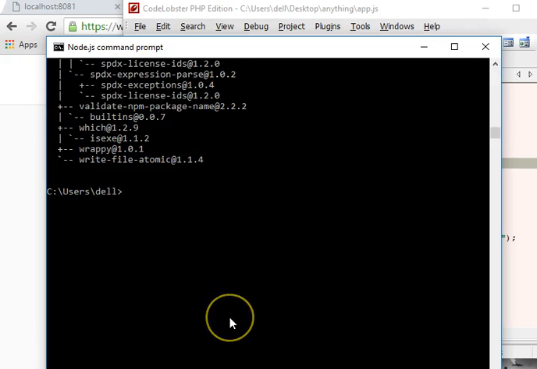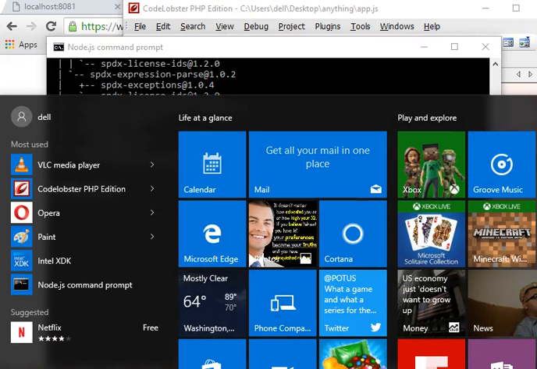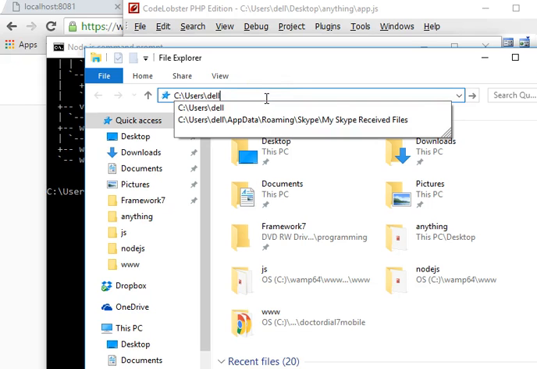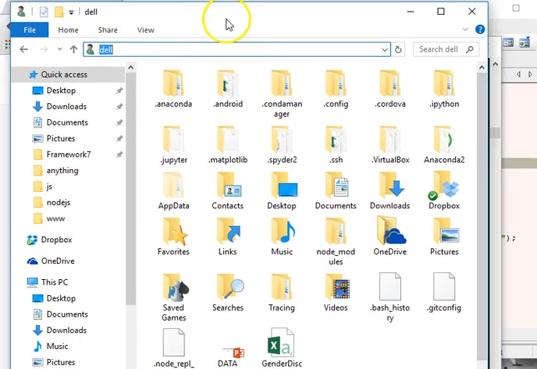The next thing I'll show you is something very important and interesting that you have to know. Every Node.js package or module has a file called package.json, and it contains details about the Node module. For the Express we just installed, we have to trace it. It's in this folder on our system. We copy this with Ctrl C, go to our file explorer, open any random folder, paste it here and hit enter. Otherwise, you can just type it out manually. We are in this folder, and we are looking for